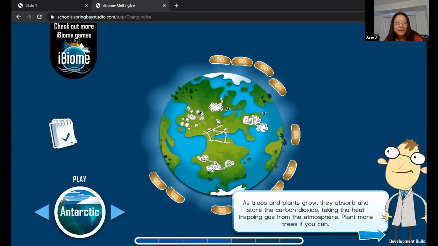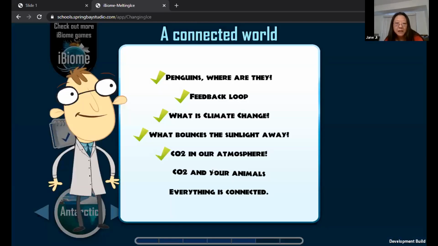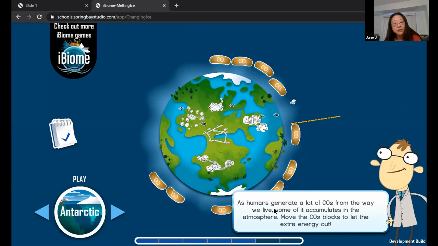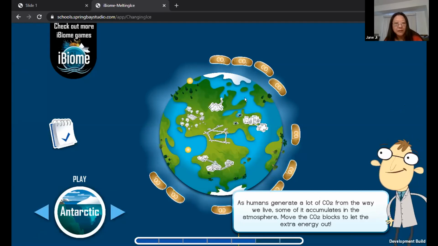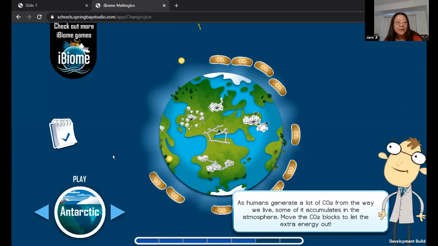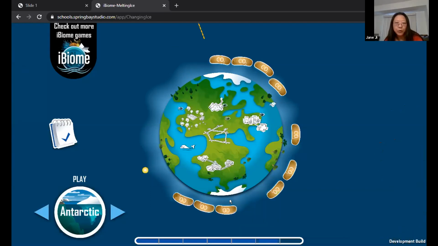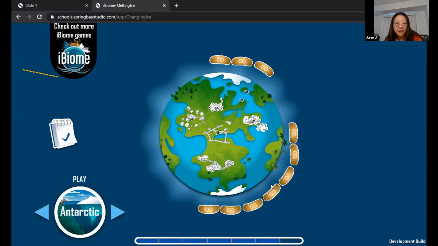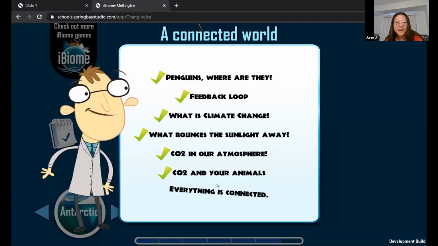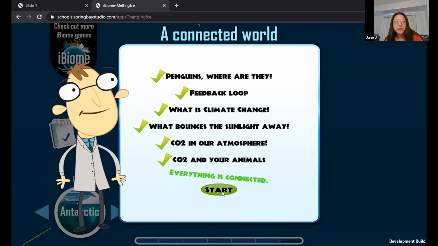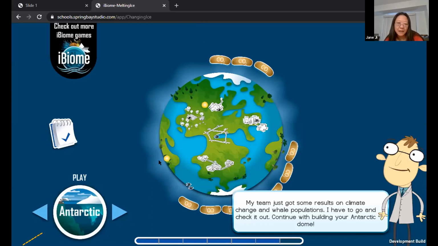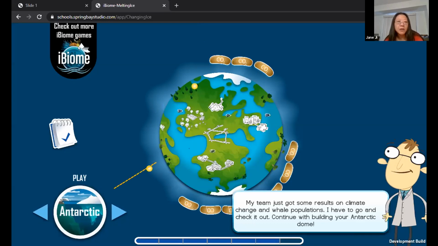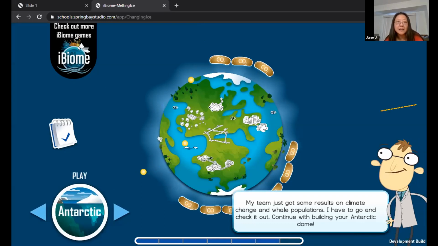And then they move along the mission to learn more about the relationship between the CO2s and the animals living in their virtual habitats. For example, we ask them to be careful with the extra heat, which is the yellow ball here. And then they are going to learn more about how we're all connected in living on this home planet. This is one of the examples.